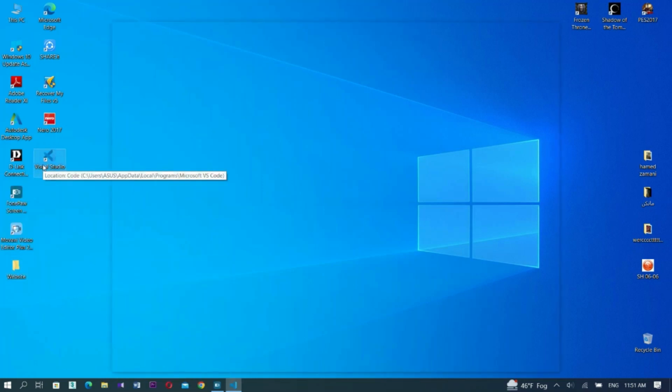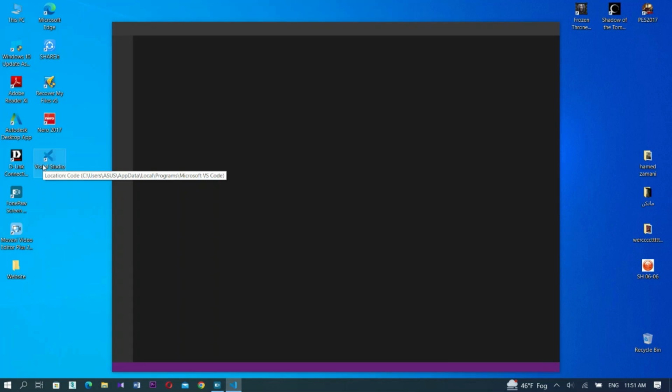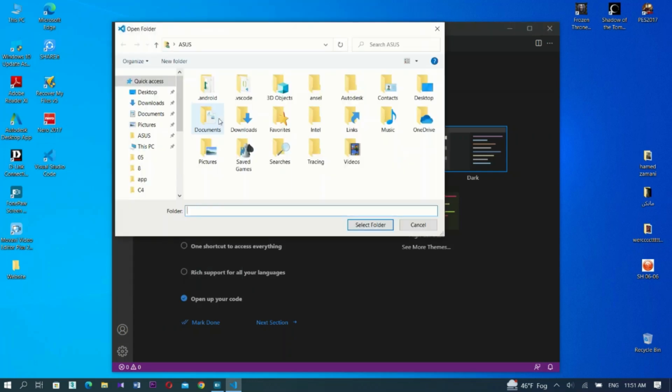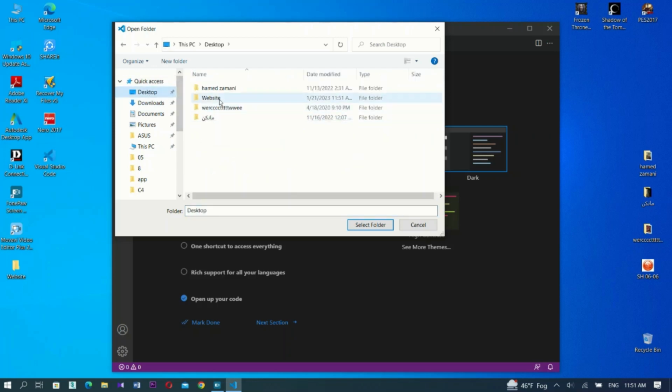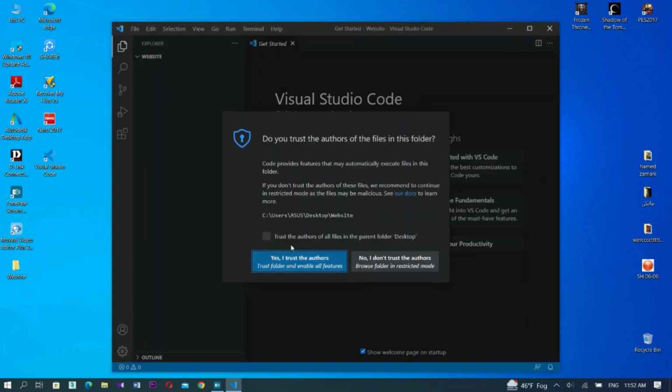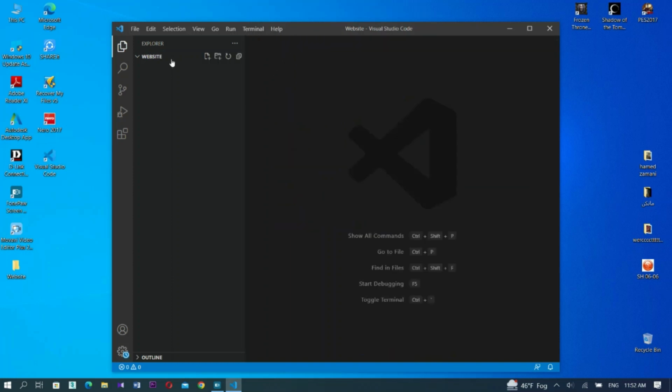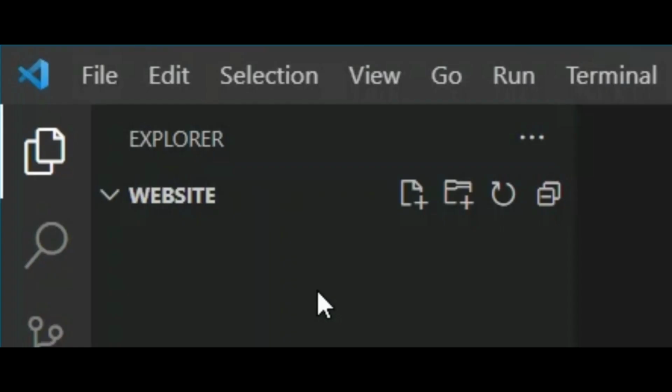Now after creating the folder, open VS Code, go to the menu and click on open folder. Now show it the place where you created the folder so that you can write your own code. Okay, and now to create an HTML file on VS Code, click on the one that has